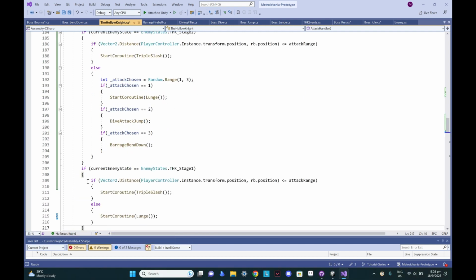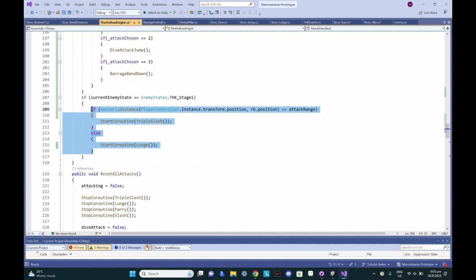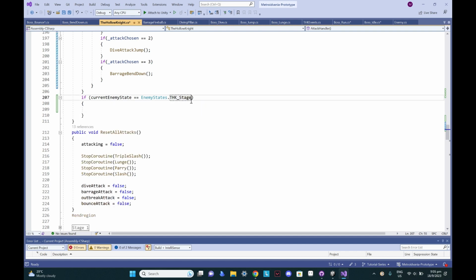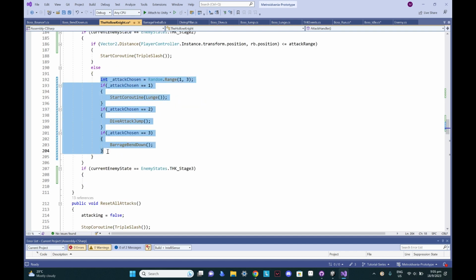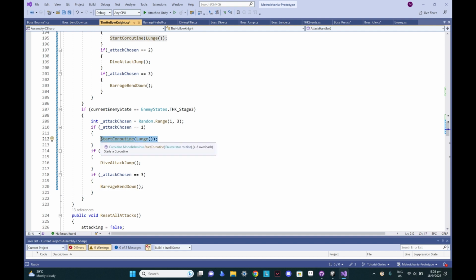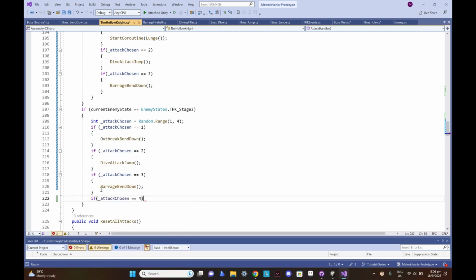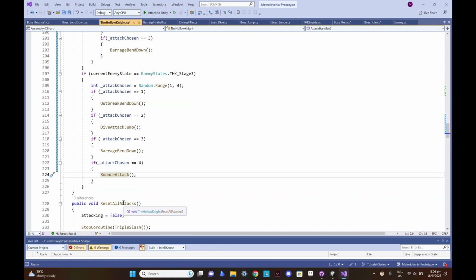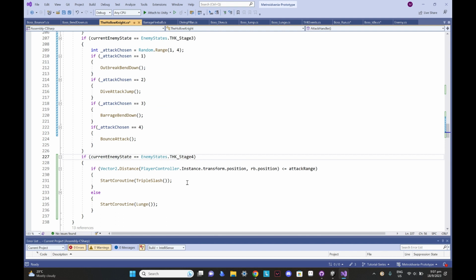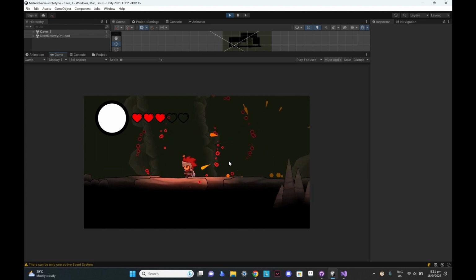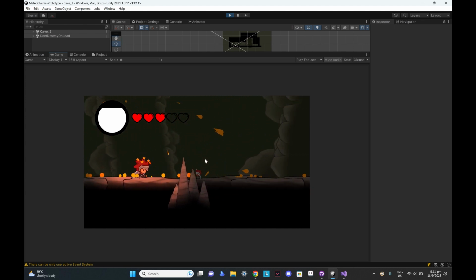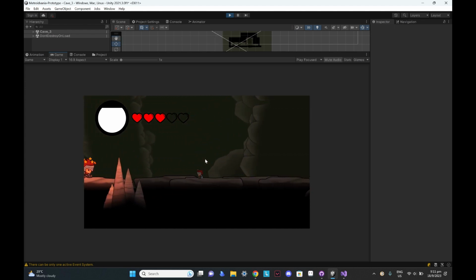In stage 3, the triple slash is no longer used, so we can remove the distance check. The lunge is no longer done, but is instead replaced by the outbreak and bounce. Stage 4 is similar to stage 1, but the slash replaces the triple slash and bounce replaces the lunge. Now if we test it out, we should have a boss fight with 4 stages with different attacks in each